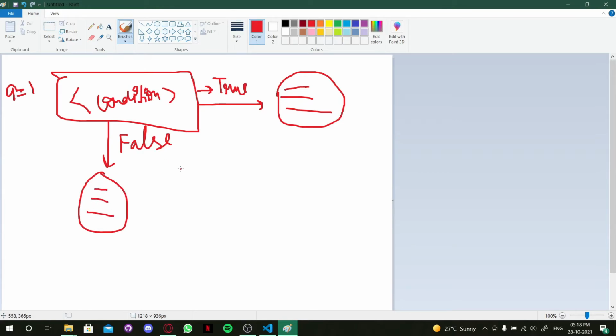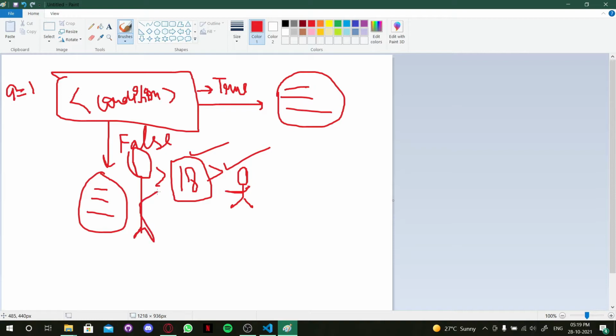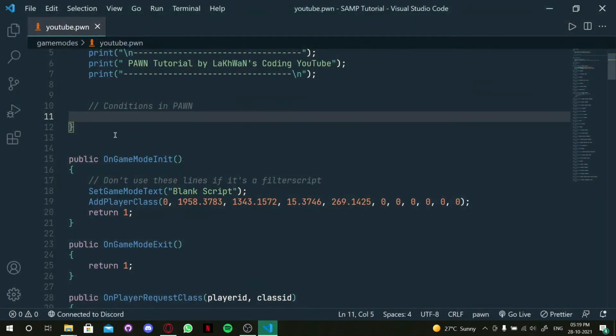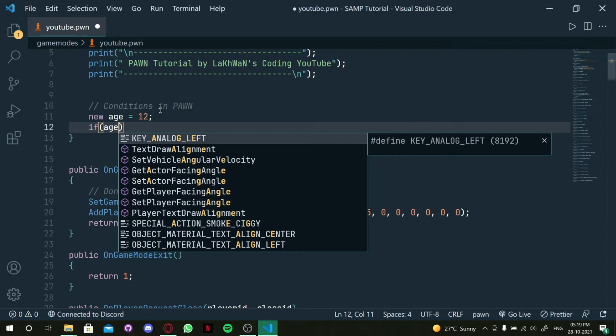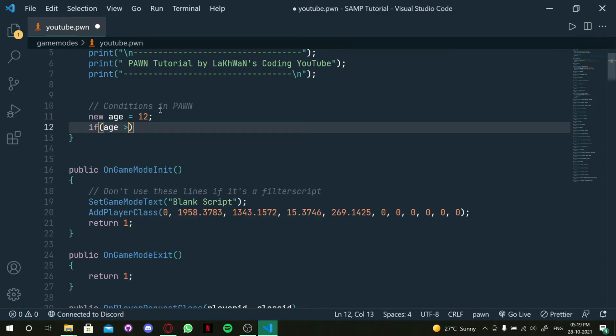For example, if I want to make a program to check if a person is an adult or not, I will just get his age, right? And I will check if it's greater than 18 or lesser than 18. So if it's lesser than 18, that means he is a kid. And if he is greater than 18, then he is an adult. Now how will we do this? Let's say int age equals 12 for now. Then I will do if, and inside those brackets, I will check if age is greater than or equal to